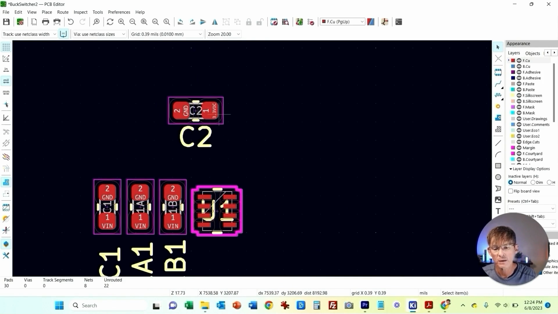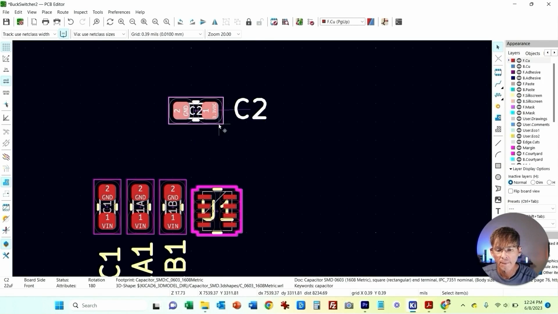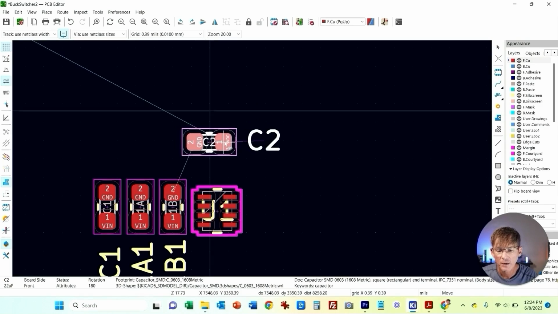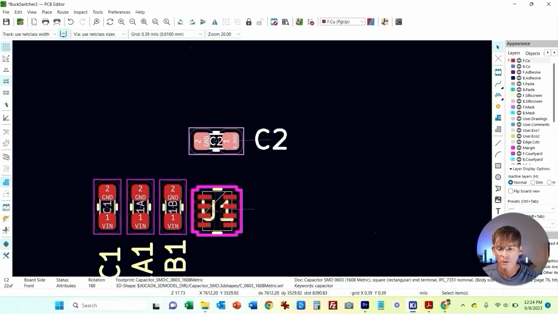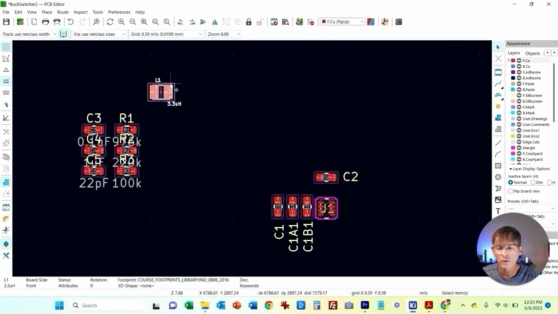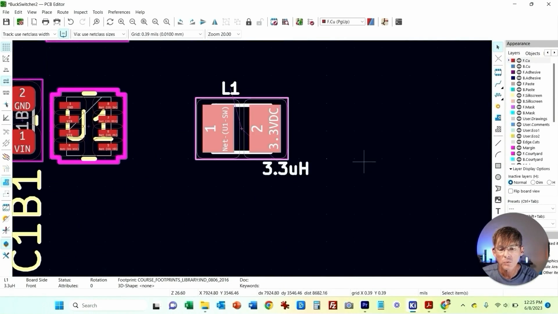Get rid of the value again. And let's move this kind of over here. And this we're going to have right here in the middle, up here. Then we have L1. So we want L1 with the V outside at the top. Let's find L1. Here's L1. And we're going to